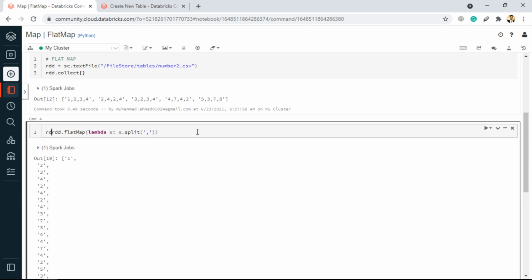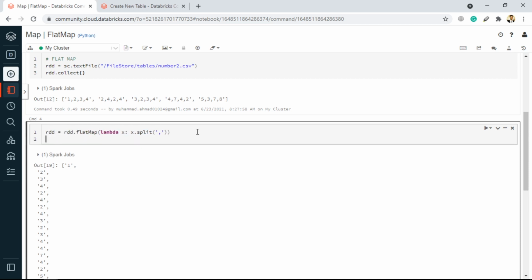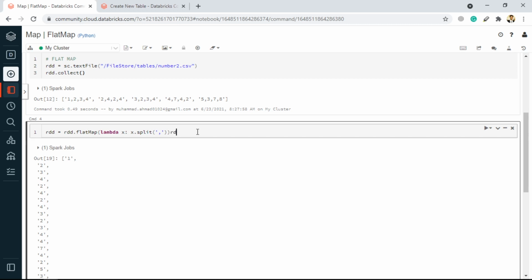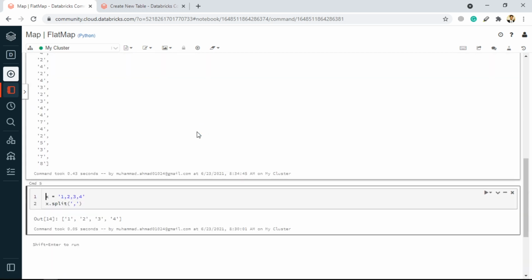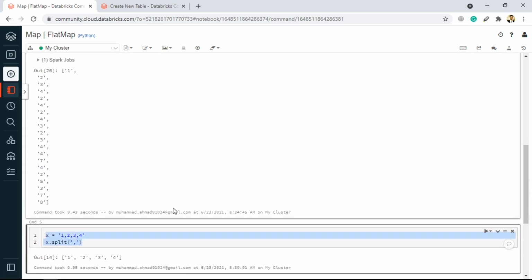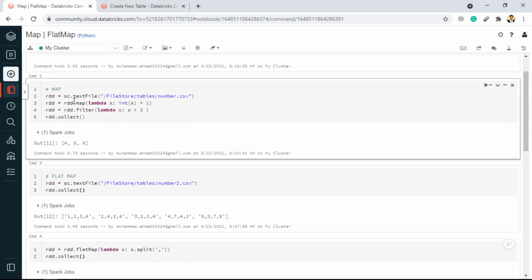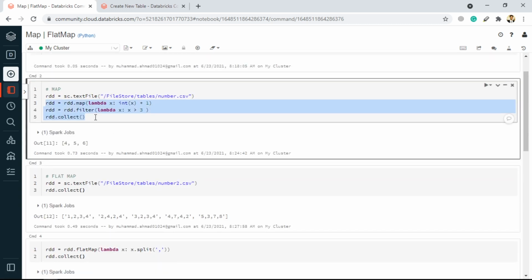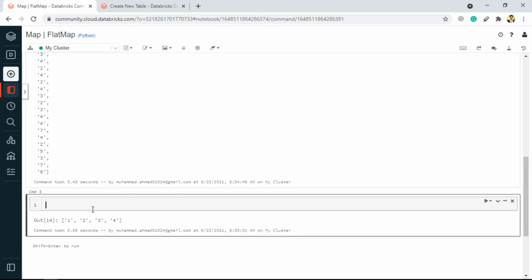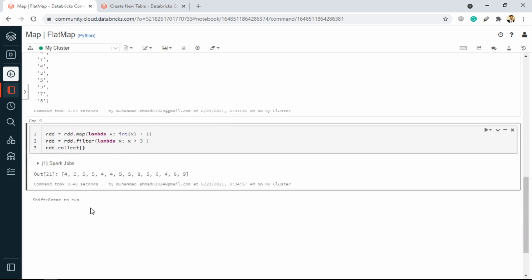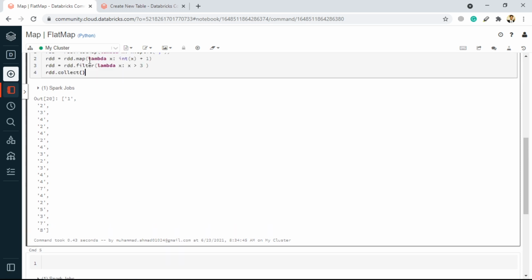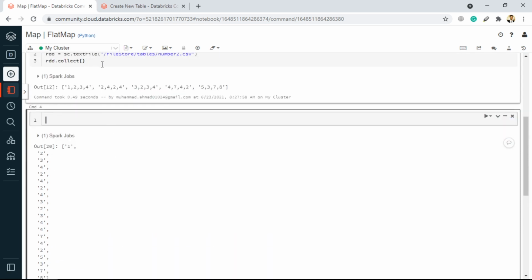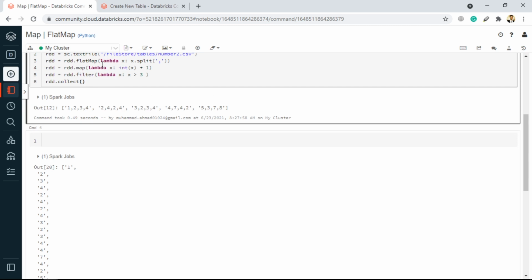Now we take it to the same RDD, and if we again go for rdd.collect, you will notice nothing will change over here. Then we just need to implement the same logic that we used at this point. If we place it over here and give it a go, you will notice that we only have those elements that are greater than 3. Take this from here, put it over here, and put it over here. That's it.